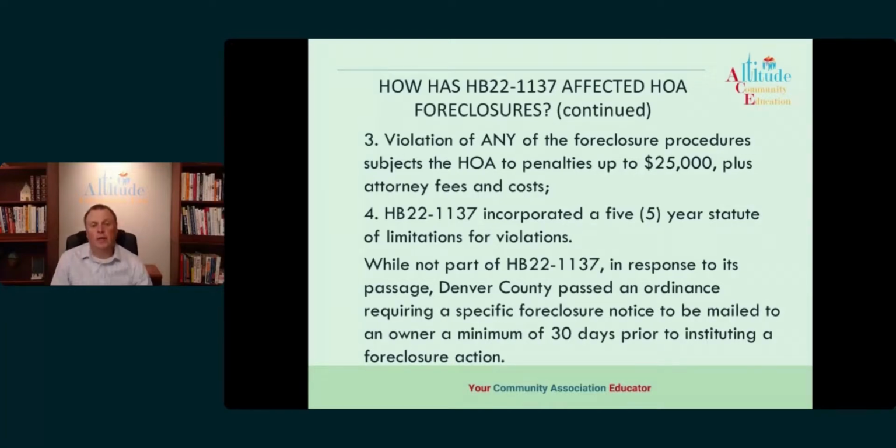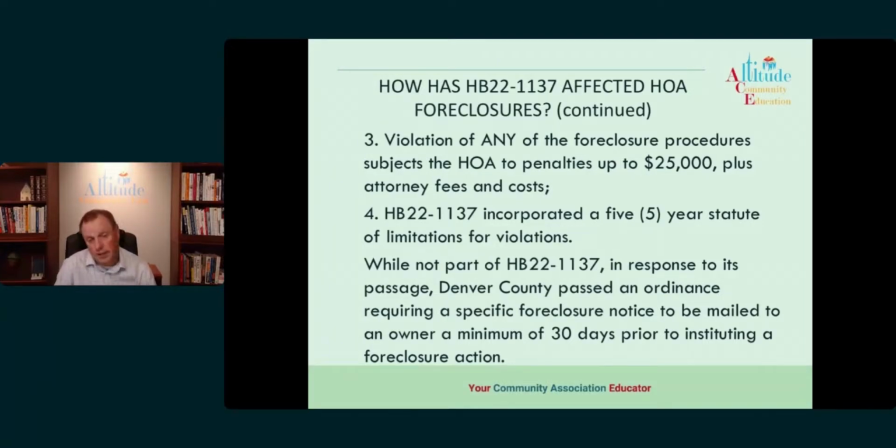So violation, another thing that was added with 1137 is that the association now has some skin in the game. If the association is taking advantage of the legal system or is doing things that are not allowed, penalties can be issued against the association up to $25,000 plus attorney's fees and costs. So if a homeowner believes that you have initiated a foreclosure and you haven't followed 1137 to the T,